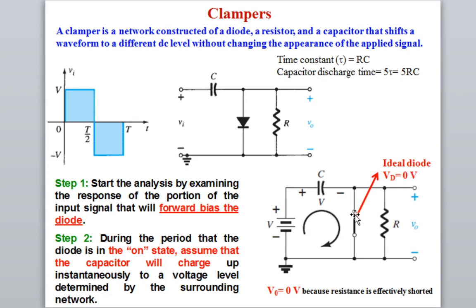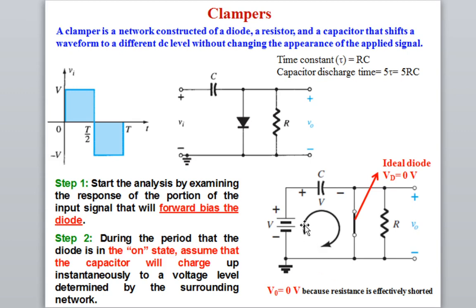Obviously, if this diode is shorted, the effective resistance across the output is also shorted. That means if you measure the output voltage, because this voltage is 0, the voltage across R will be equal to 0, so the output voltage will be equal to 0, because the diode voltage, as we assumed for an ideal diode, is 0 volt. So the output voltage will be equal to 0 for the 0 to T/2 cycle when the diode is in forward bias. But current will flow,